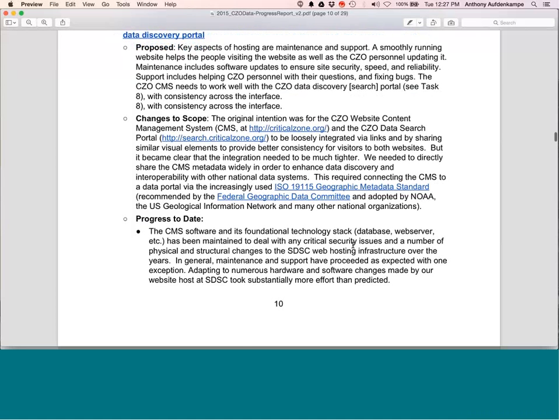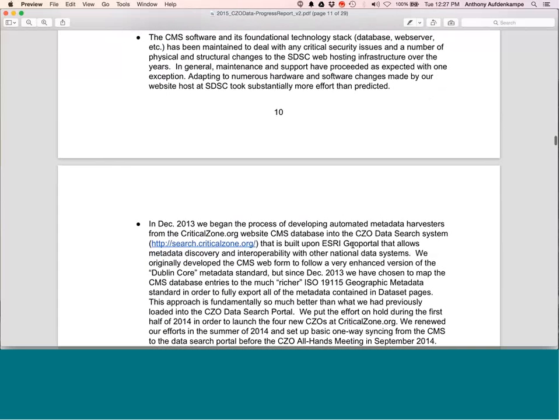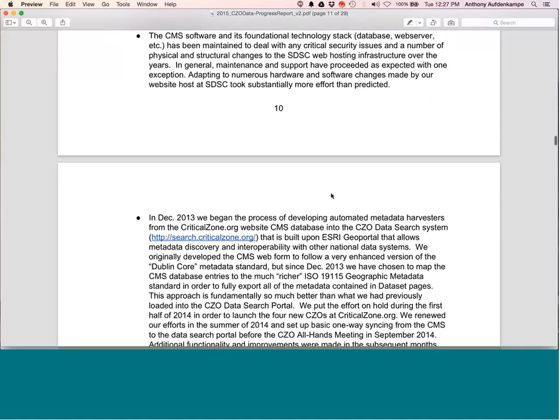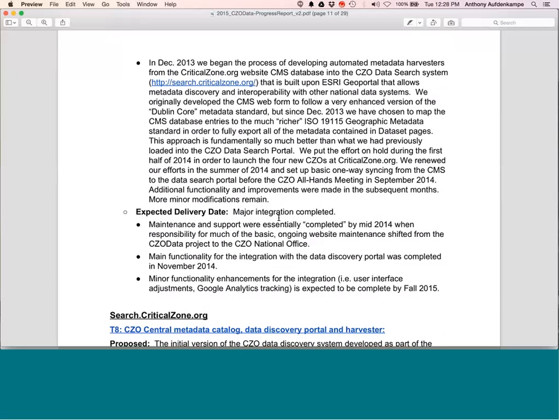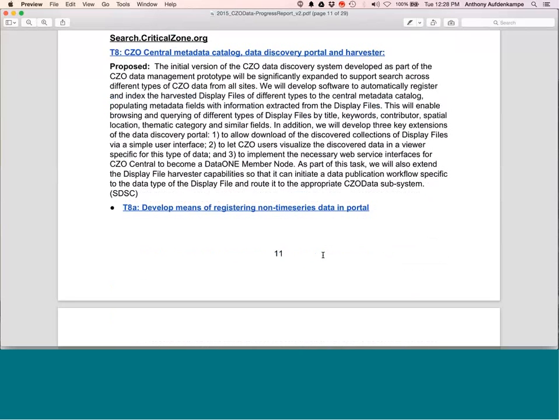That was an idea that we came up with back in the December 2012 IMC meeting, and it took us about a year to really get the data set pages ironed out, and then in early to mid-2014, we completed the integration for the automated export into the data catalog. So search.criticalzone.org